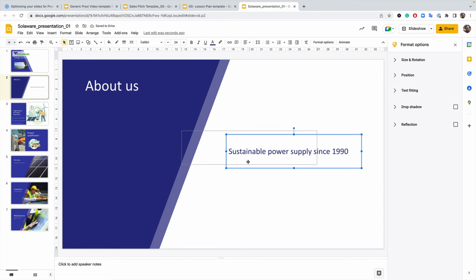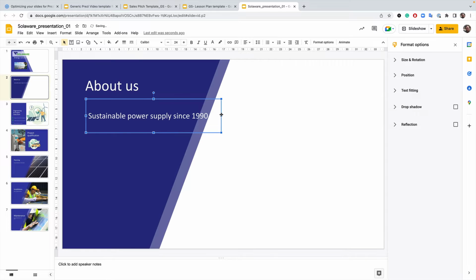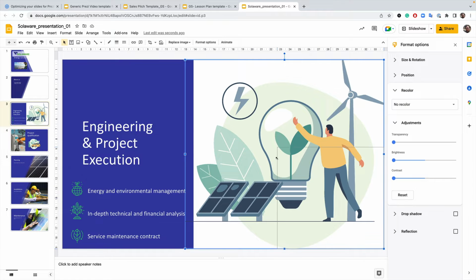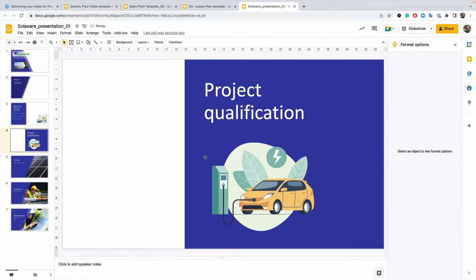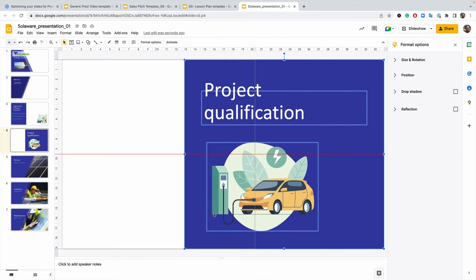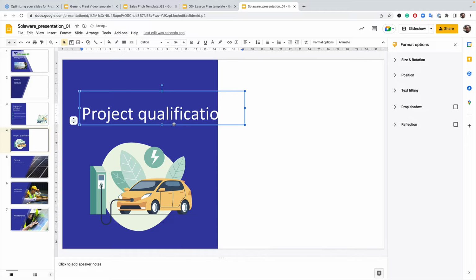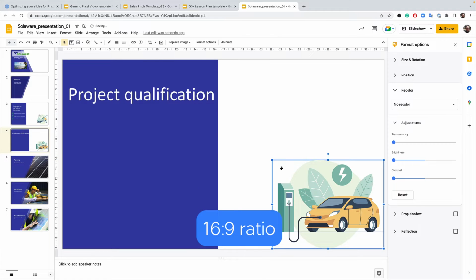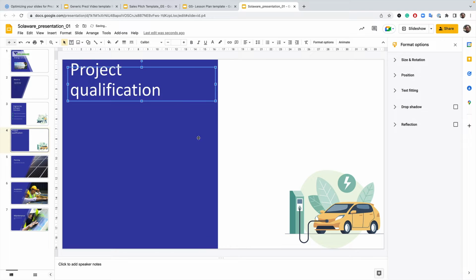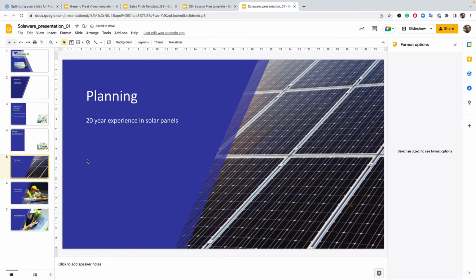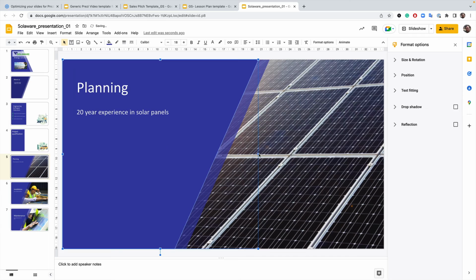If possible, use shapes and diagrams when building your slides, as these will really help your content shine in Prezi Video. For example, try adding a shape or object behind your text boxes to give them a visual frame that really pops in Prezi Video. Lastly, we recommend creating your slides in 16:9 ratio, which is the default aspect ratio for both Google Slides and PowerPoint. Once your slides are ready, it's time to import them to Prezi Video.